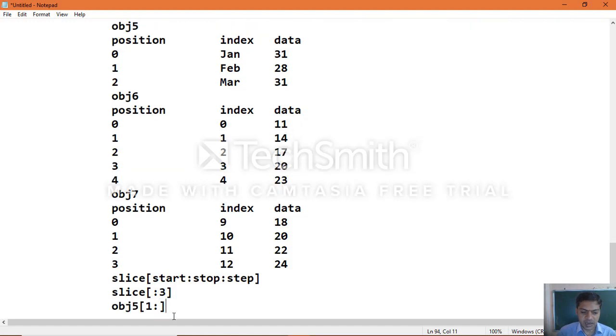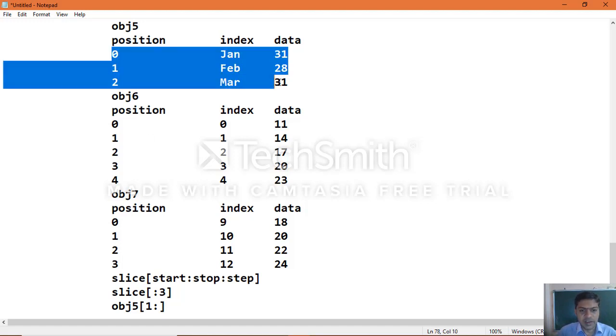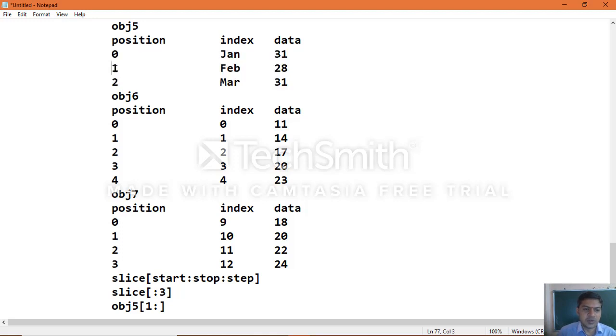In the same manner, object of 1 colon: we gave the starting number and didn't specify the end, which means it takes all the remaining values starting with position 1. So for the object 5 data, we represented 1, so it starts at 1 and goes continuously till the end of the position values.